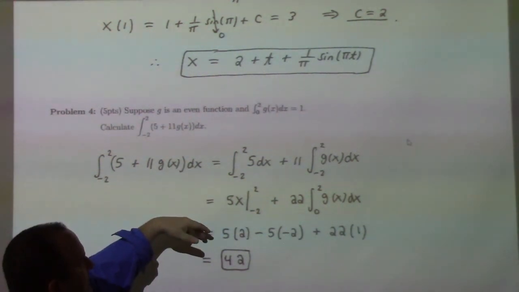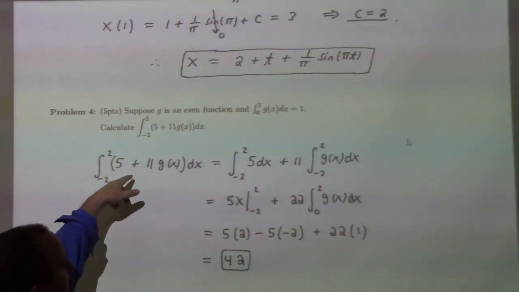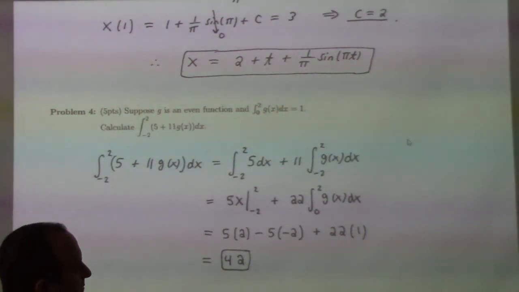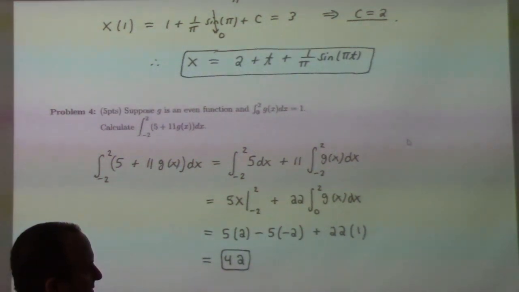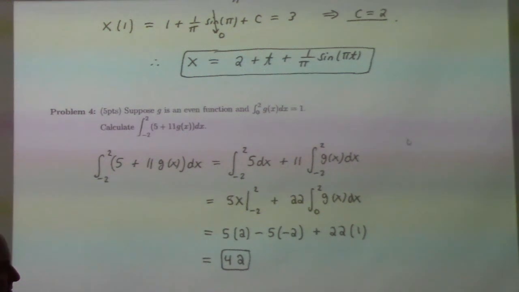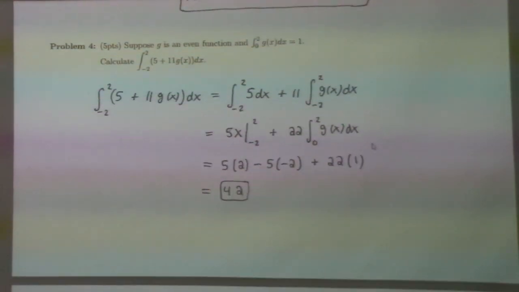And then the other piece, even functions, so I can double the integral from 0 to 2. And you guys had that idea, so that was good. But there was just some quirk of the calculation, so you missed it. But oh, look, it worked out to 42. I think it's a fair statement that if you have an answer on my test work out to 42, it's